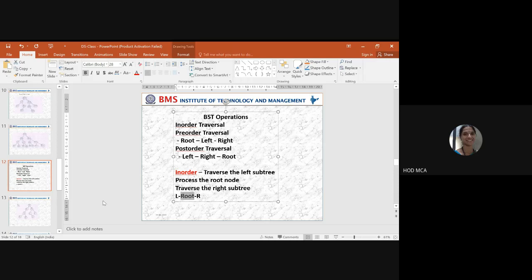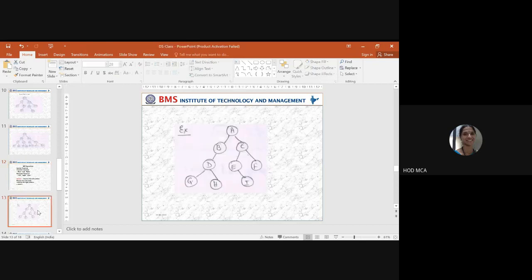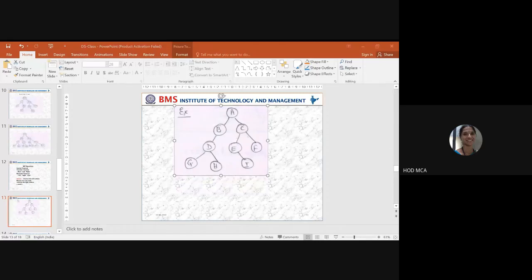Okay. Now, let us take some examples and I will show you how it is done. Are you able to see this tree? How do you write the in order, pre-order, and post-order traversal for this? Anybody can try? Can you put it in the chat window? I'll give you some time. I want you all to write the in order, pre-order, and post-order for this. If you don't know, leave it. I will teach you right away. If you know, I want you to do it.